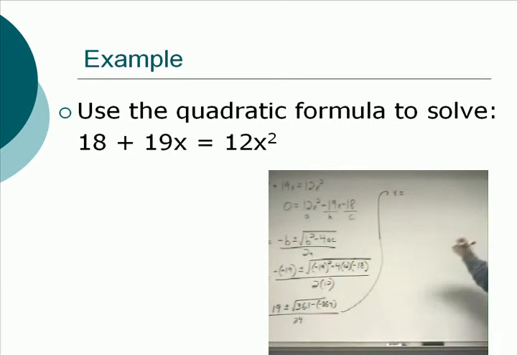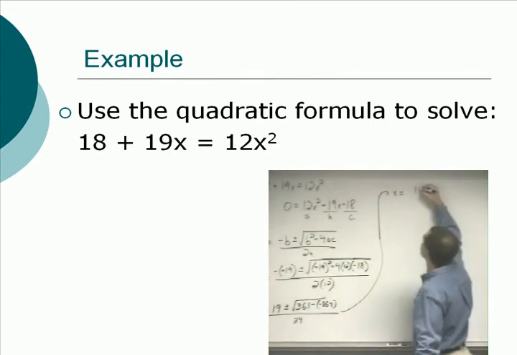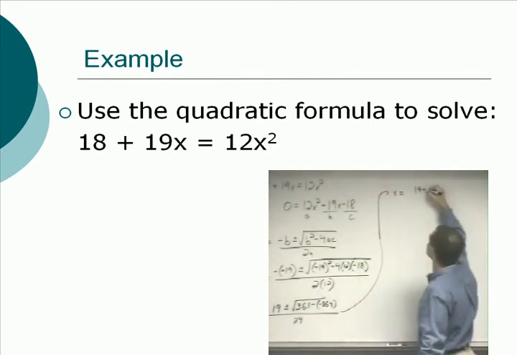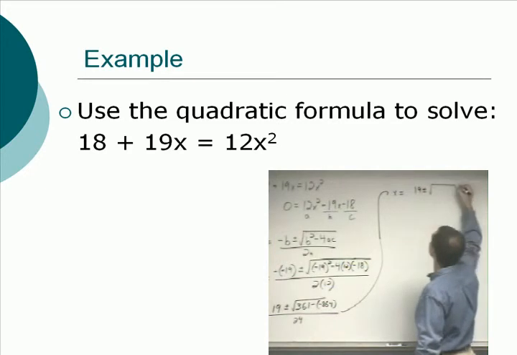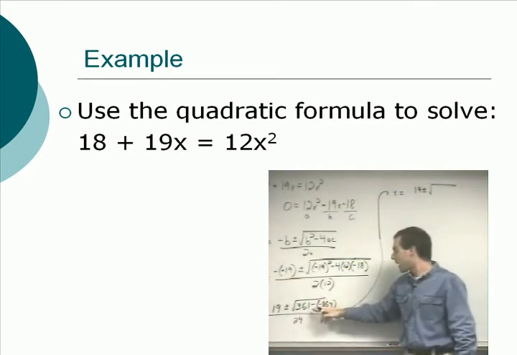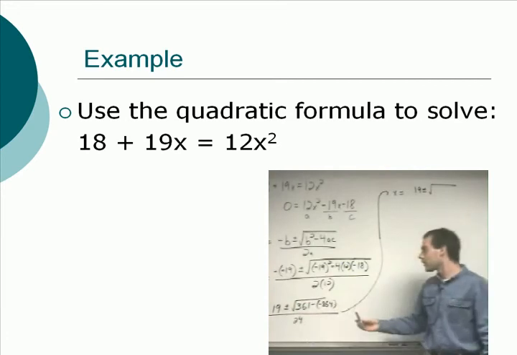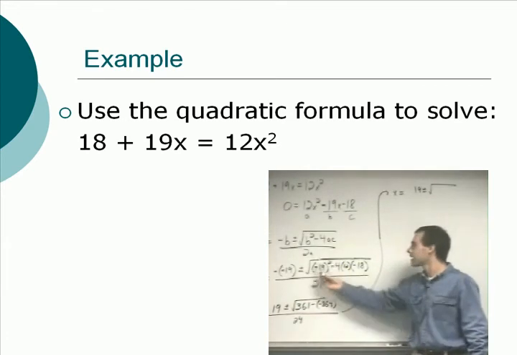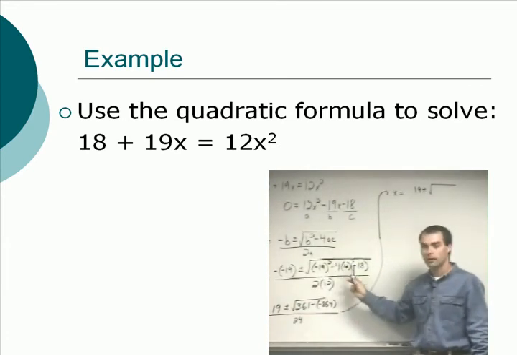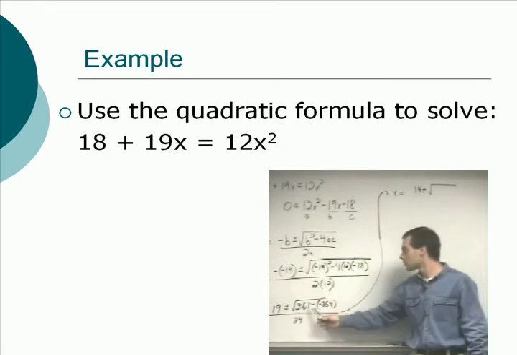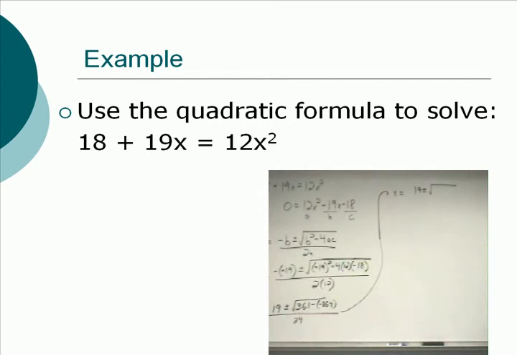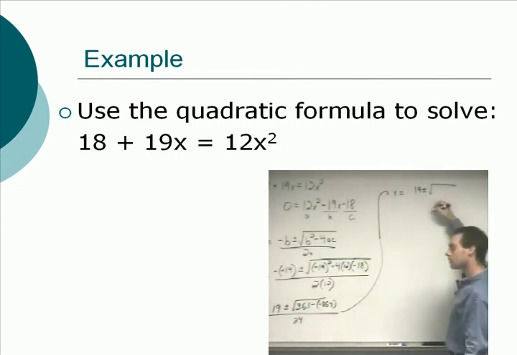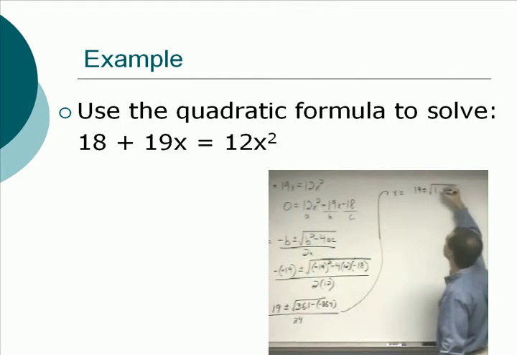Good? All right. Well, then we've got x equals 19. Let's continue to do this. Plus or minus the square root of 361 minus a negative 864. Be very careful when you're working with these values. 90% of problems with the quadratic formula come from missing a sign in here somewhere or losing one. So be careful with your signs. So 361 minus a negative 864, that is 1225